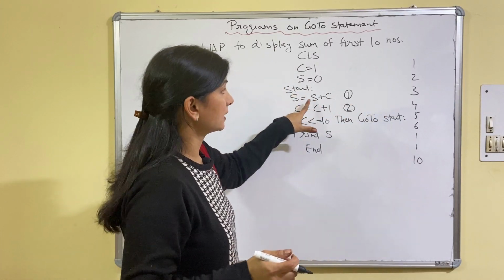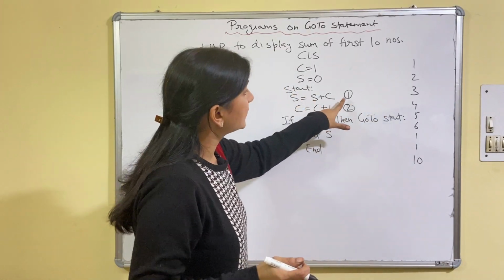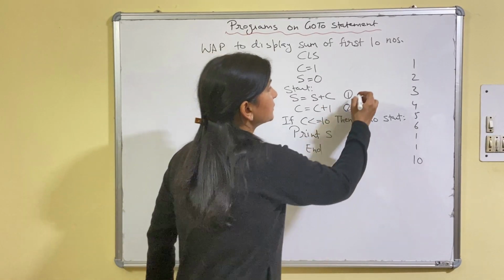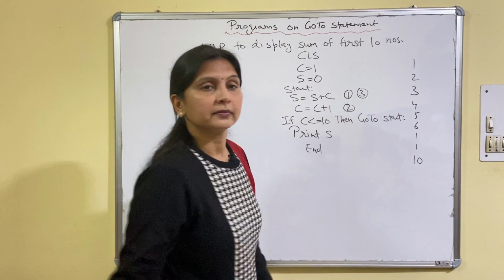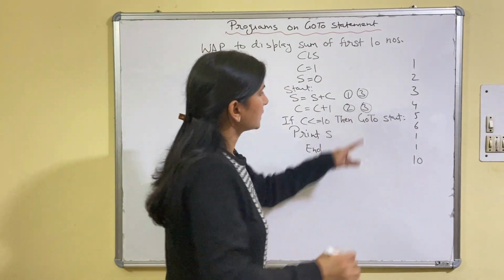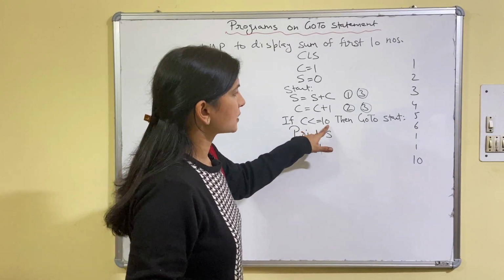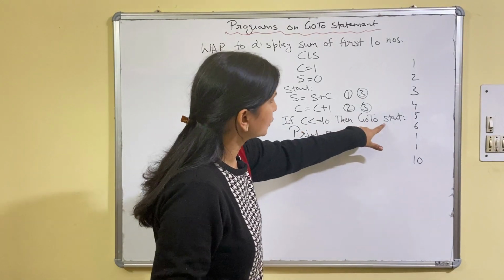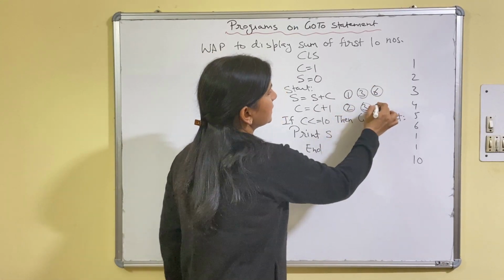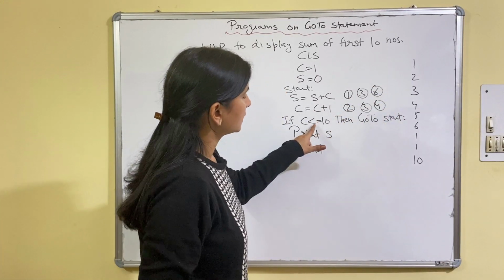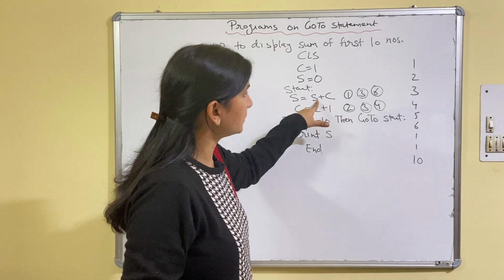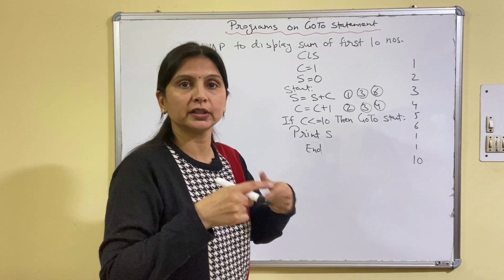Again it will come here. Again it will add. Earlier s was 1 and the counter was 2. So 1 plus 2, 3. Fine. The counter has become 3. The condition will be checked. 3 less than or equal to 10? Yes. Then goto start. Again 3 plus 3, 6. The counter has become 4. Condition true. Again the counter will be 5, 6, 7, and it will keep on adding these values 1, 2, 3, 4, 5.